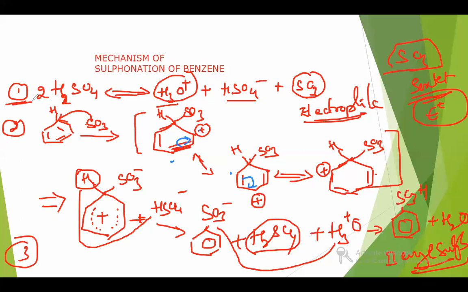First one is generation of electrophile, second one is formation of arenium ion, third one is removal of proton, H plus. So loss of proton, or removal of proton. This is how sulfonation will take place. Like sulfonation,